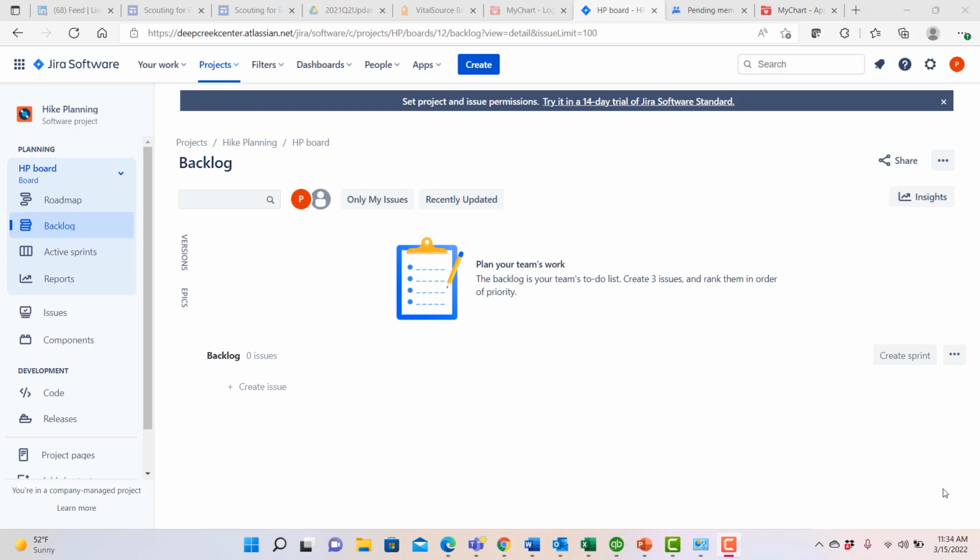Now that we've started our project and we've set up our components and set up our release plan, we want to begin to populate a backlog of items for ourselves to work on. In order to do that, I want to be able to create what in Jira we call issues. And the easiest way to do that is just to press the letter C or click on the Create button